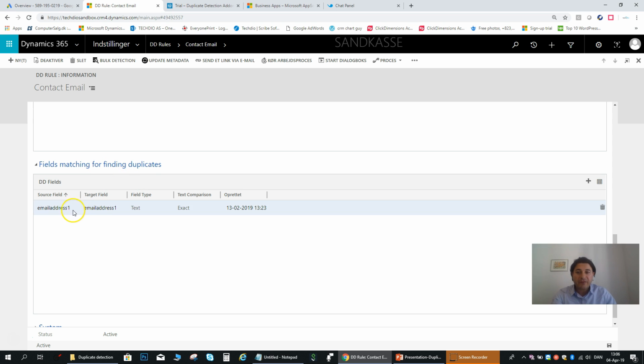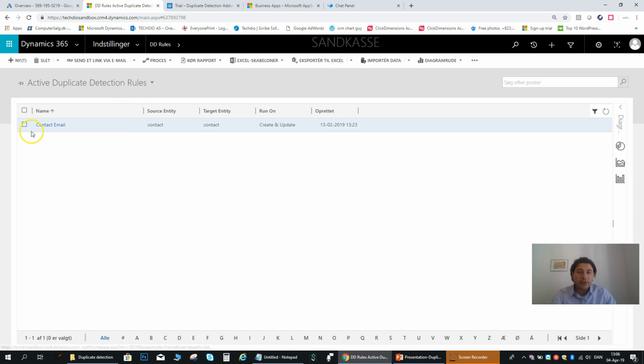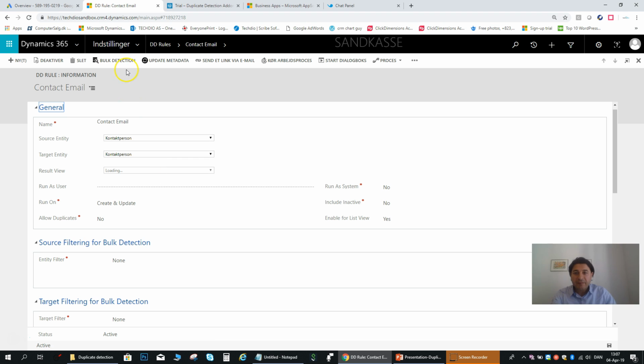So in this case, I have created 1 field, which I'm saying that we're monitoring the contact table, and if a contact is created with the exact same email, then that will be perceived as a duplicate. And once you do that and save it, the rule will run actively in the background, and it will allow you to run toward your existing database. So in this case, when I click on the rule here, I have my button here on the ribbon. I say bulk detection,